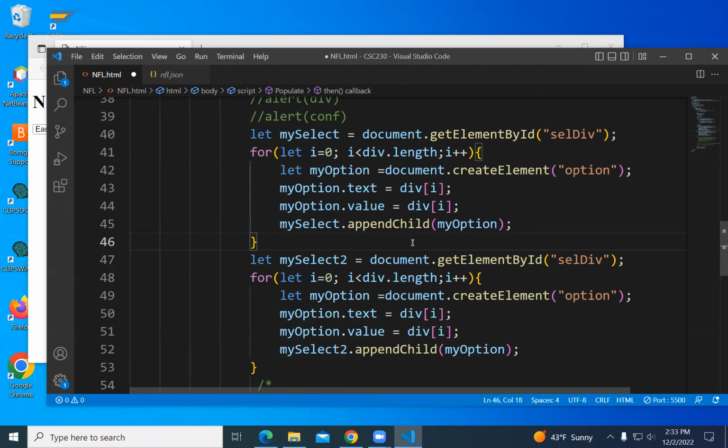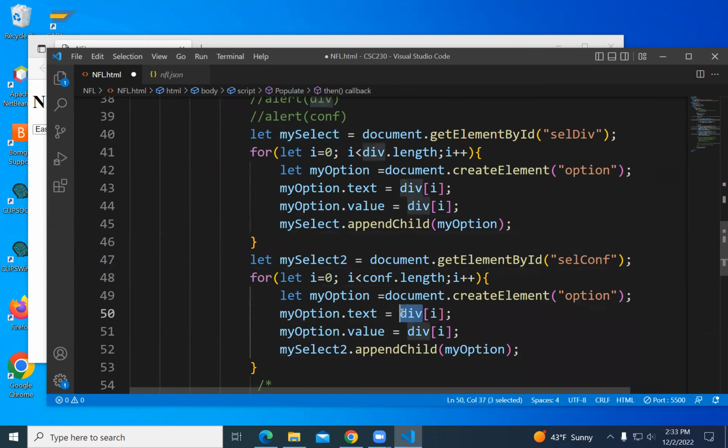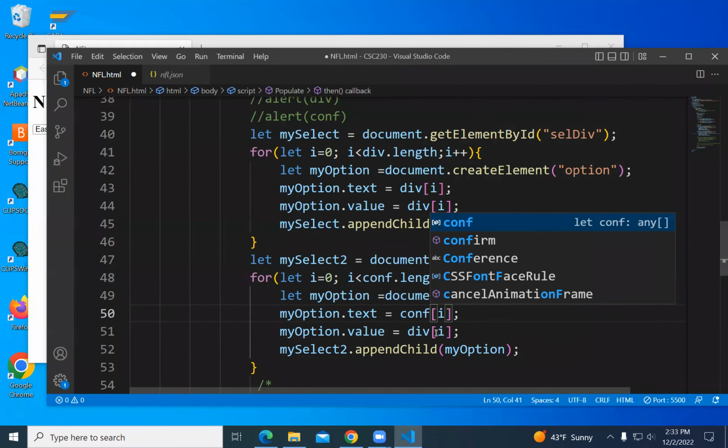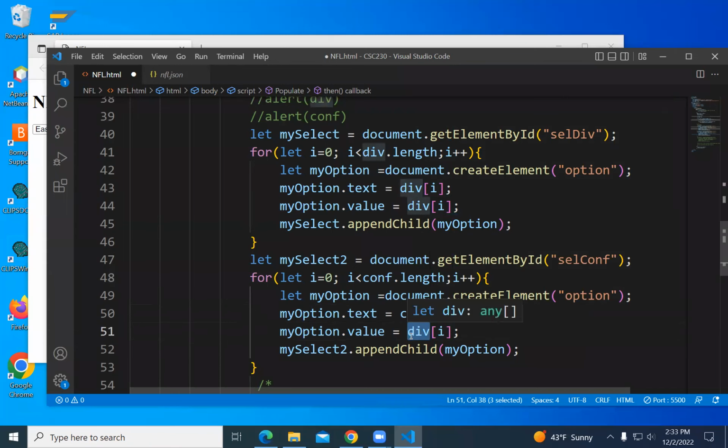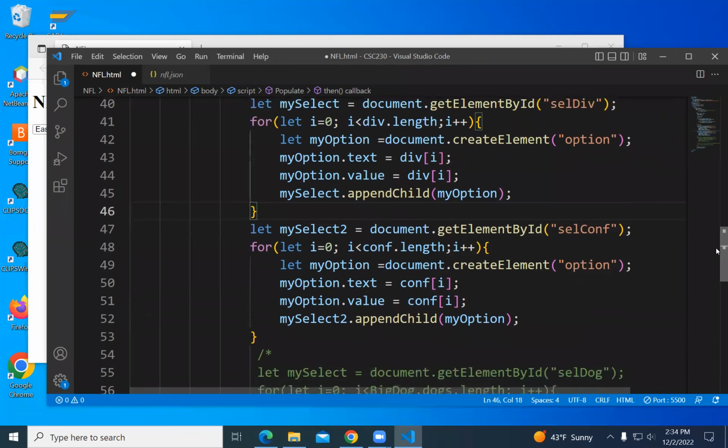You saw that when I copied it, it complained to me, and I better change that div to a conference before I forget. And then I'll come back and blather on a little bit, but conference, conference. Okay.